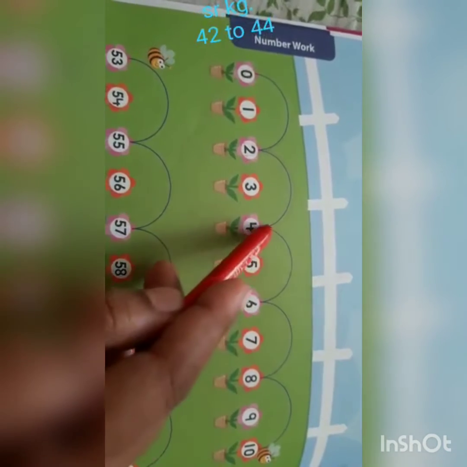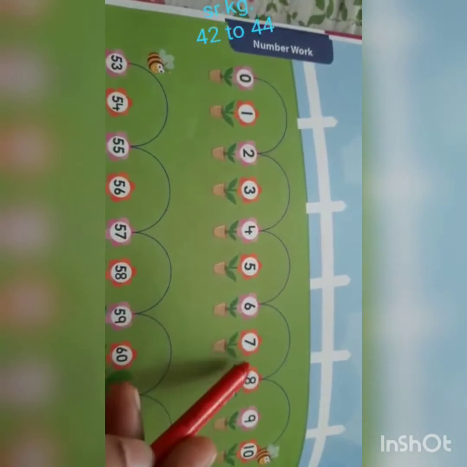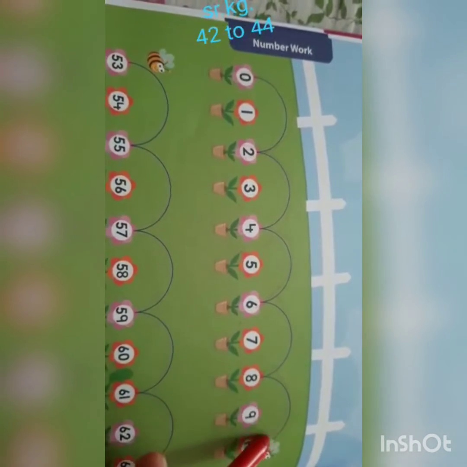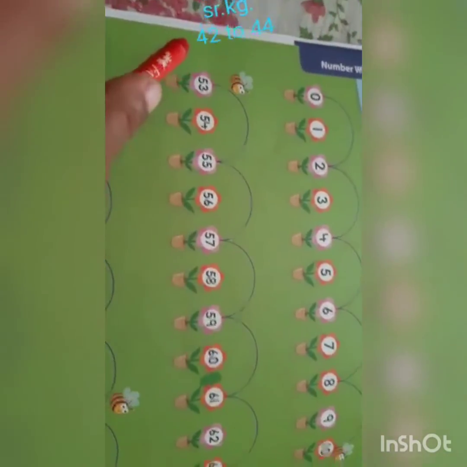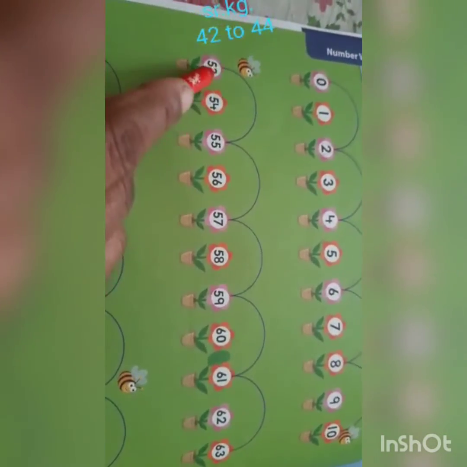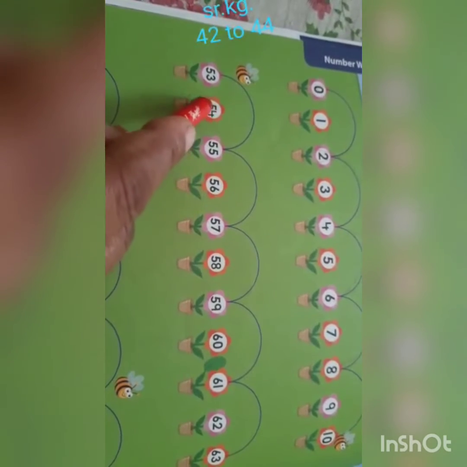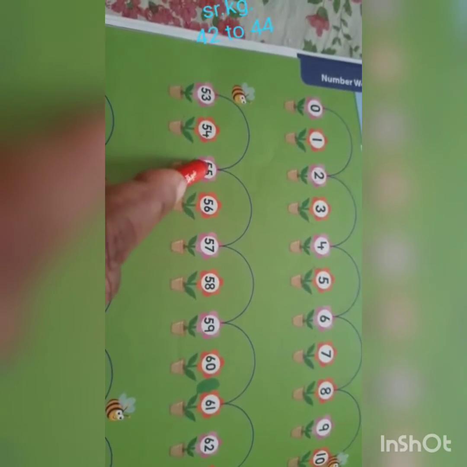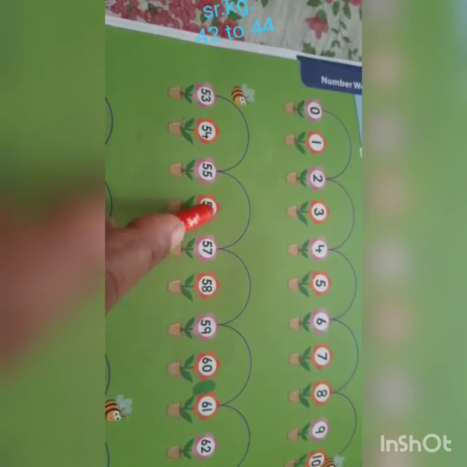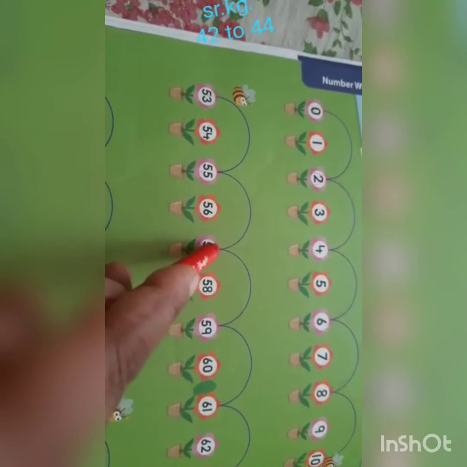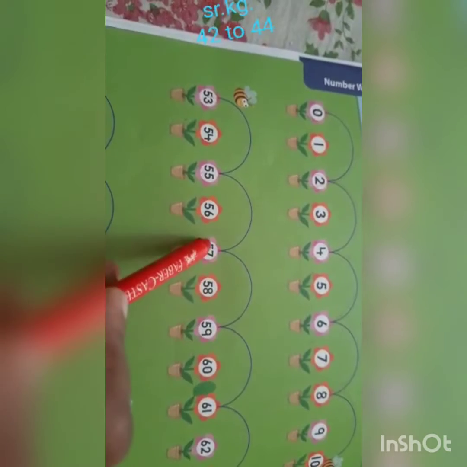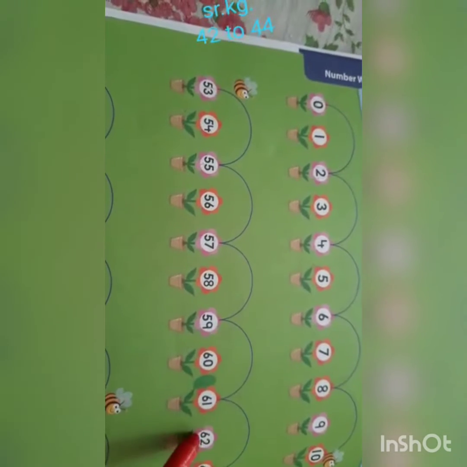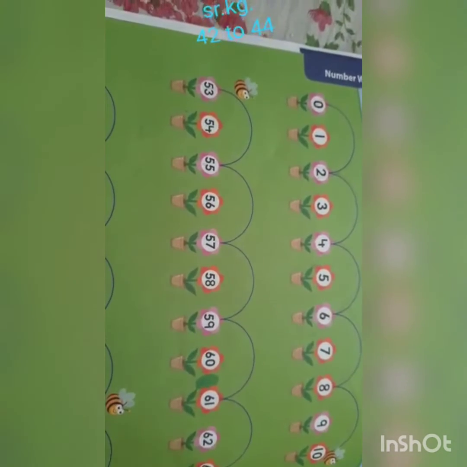Again 1, 2. Again 1, 2. Again 1, 2. This way. Same way here, if you want to skip two numbers, same thing, you have to count from this number, you have to count two numbers, 1, 2. So from here you will skip on this side, right? Same way, skip two numbers, again skip two numbers, 1, 2. So we will skip it like this, 1, 2, skip it like this, 1, 2, skip like this. Understand?